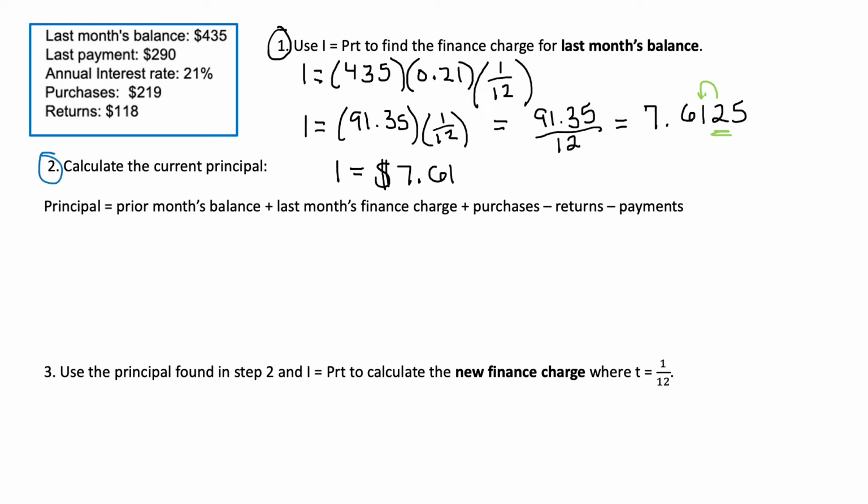Step 2 wants us to calculate the current principal. The formula for doing so is written on the screen. The principal equals the prior month's balance plus last month's finance charge plus any purchases that were made minus any returns and then minus any payments. So P is going to equal the prior month's balance, which was $435, plus last month's finance charge, which was found in step 1, that's $7.61,